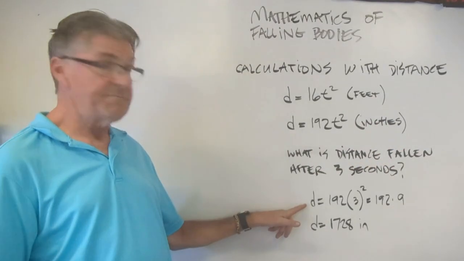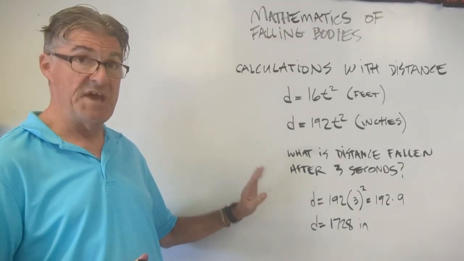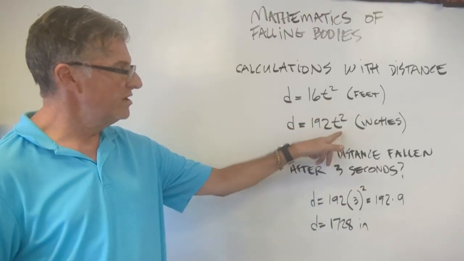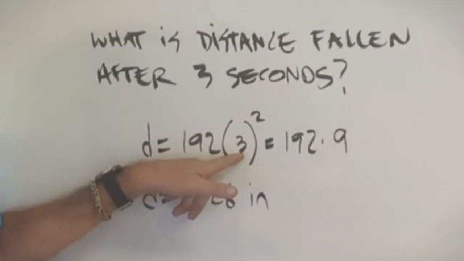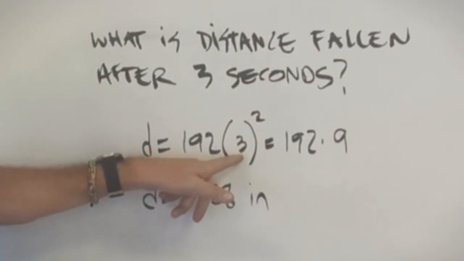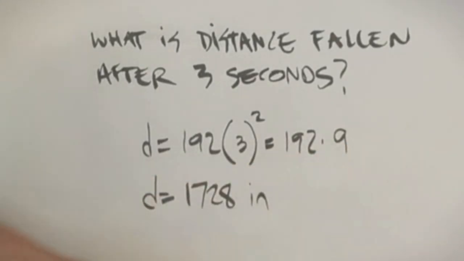Okay. So I did my plug-in step. I recommend that you always do a straight up plug-in step. Don't do anything else with the equation, but just plug in your value where your variable is. So d is going to be 192 times t, which is 3 squared. So now I'm going to do a little bit of calculating. 3 squared is 9, so d is going to be 192 times 9, which gives us